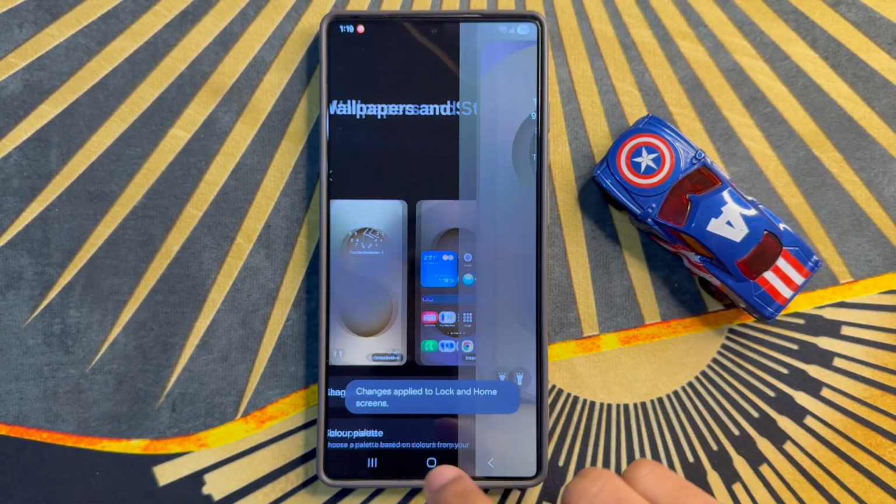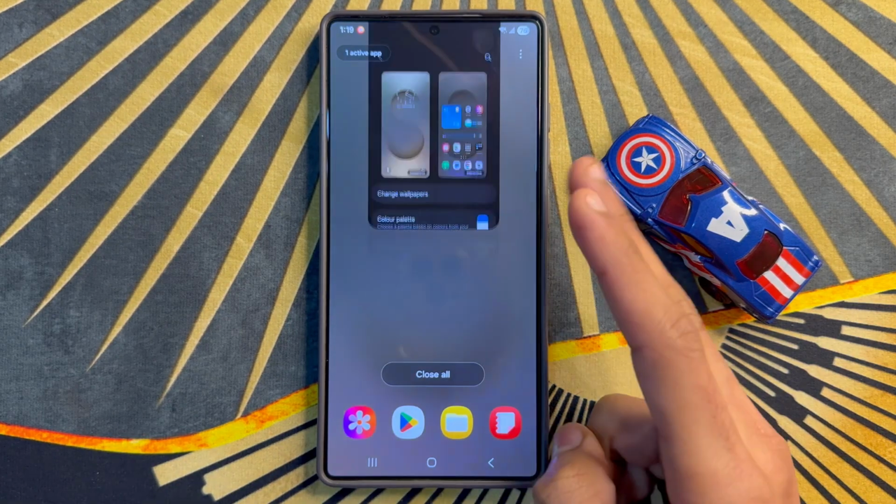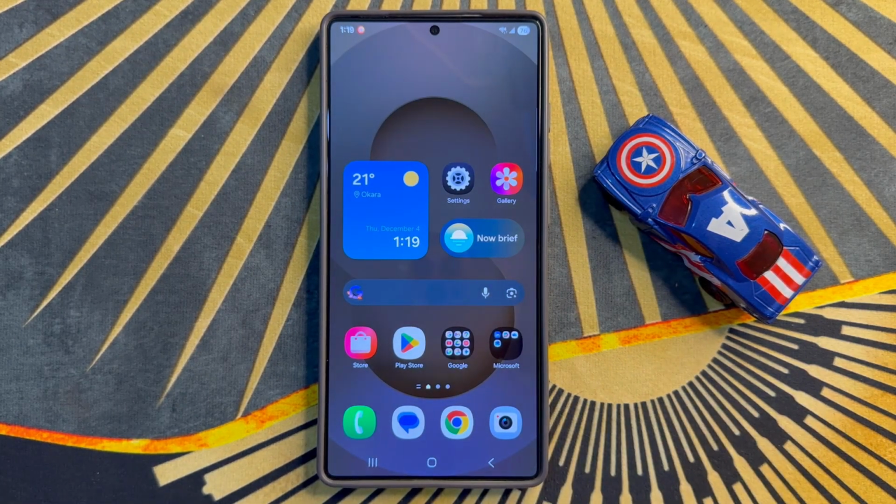So after clicking on done, you will see your left and right shortcuts change. So after the process, go back to home screen, refresh phone. So that's how you can change left and right shortcut on the lock screen on Samsung Galaxy S26